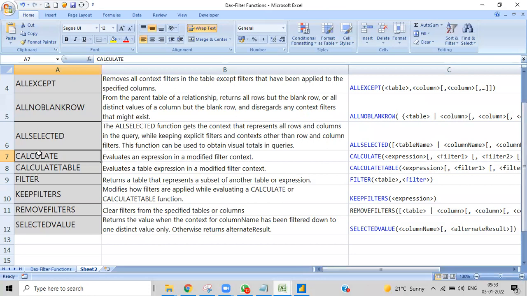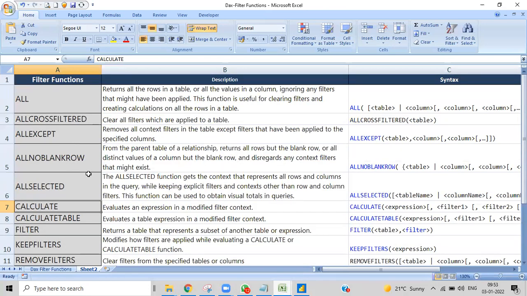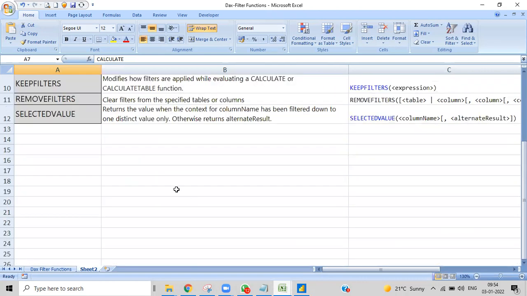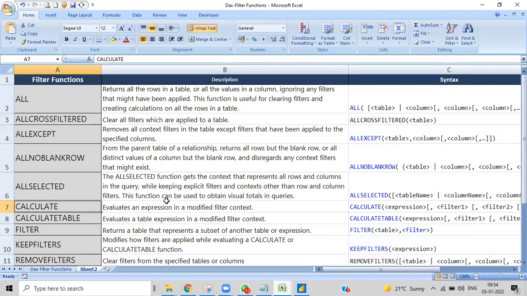Selected value filters, all selected, all blank rows, and all cross filters that go with blank rows, I'll explain to you. We'll definitely go with this scenario. This will come when you get to know what we call Galaxy schema and Snowflake schema. Once we go into detail, then we'll discuss these two things. At this instance, practice on these things on the same topic.